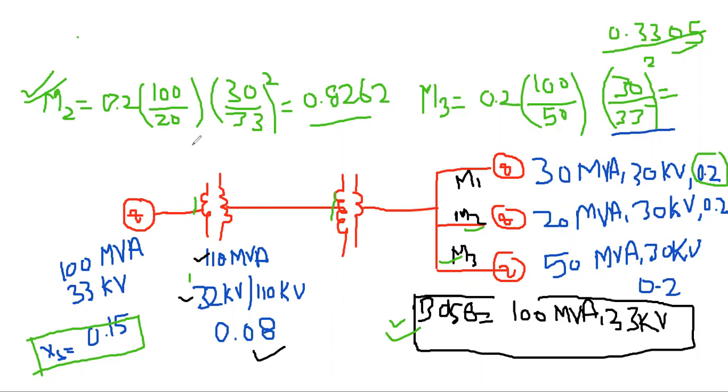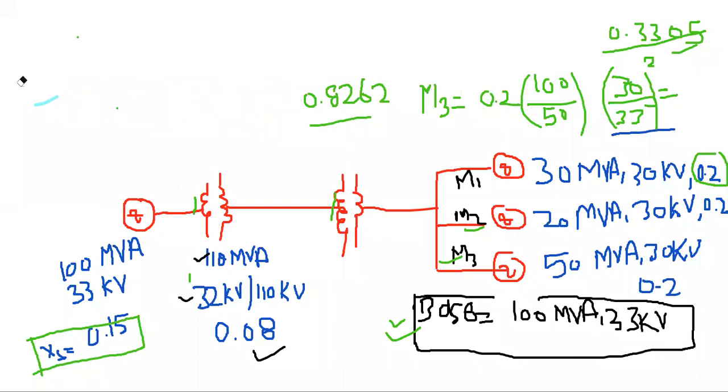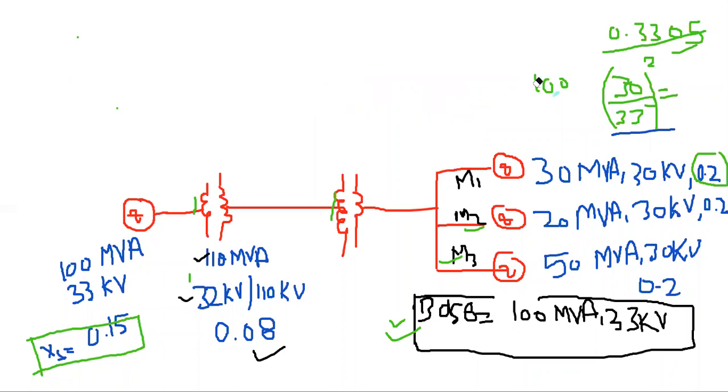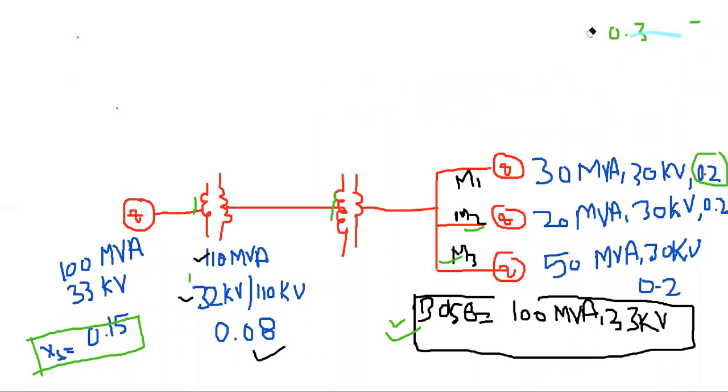So let us check for the transformer. It is 0.08 on this kVA, and let us calculate on new MVA and kV. So let us do for the transformer, and I will justify that whichever side of the transformer you take, your answer should be the same. Don't worry, I will justify the same. So if I am doing the calculation from the load.